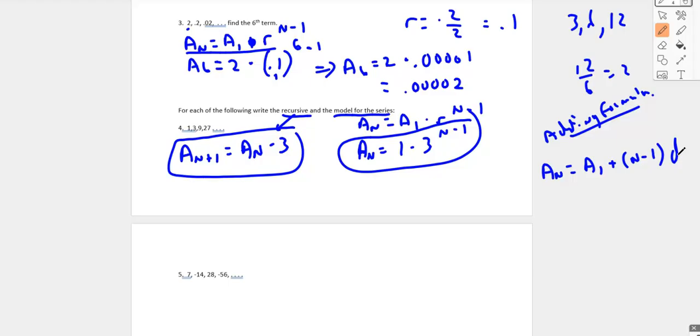Adding formula? Okay, so when you're adding numbers, it's the one you use, right? Where this is the common difference, which is what you're adding each time. Are we good? Okay. Here's what we're going